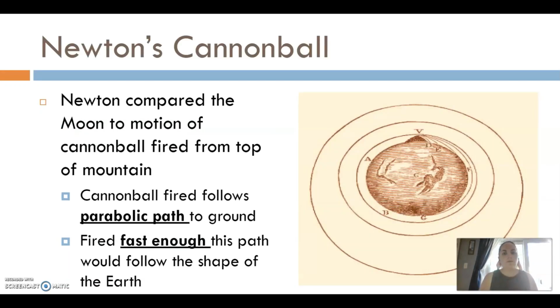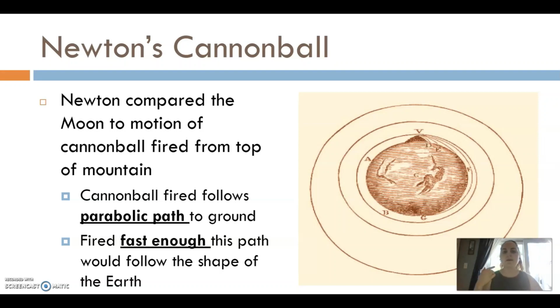Newton explained this to people using his cannonball theory. He said, if I went to the tallest mountain and shot a cannonball from a cannon on top of the peak, what would happen? If you didn't give it enough horizontal, or tangential, velocity, then that object would just travel in a parabolic path back down to the Earth.